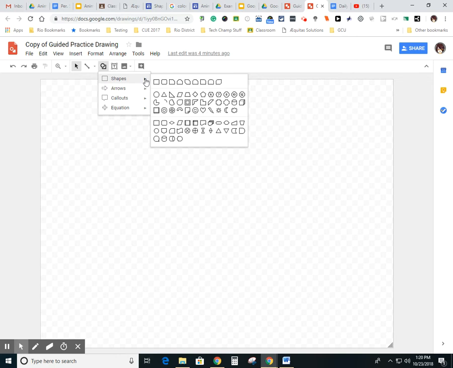So the first thing we want to do is start drawing. So come here to your toolbar. This is your shapes icon. And when you click on that icon, you're going to have several different options for choosing a drawing palette. A palette is just all the different shapes and stuff that you can do. So right here, I'm going to go to this shapes palette, and you'll notice that you have a lot of